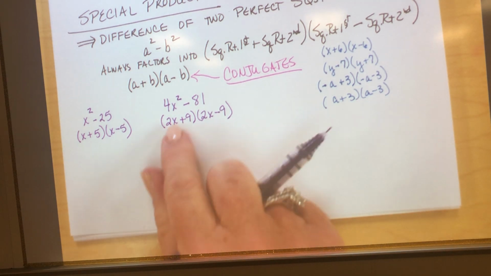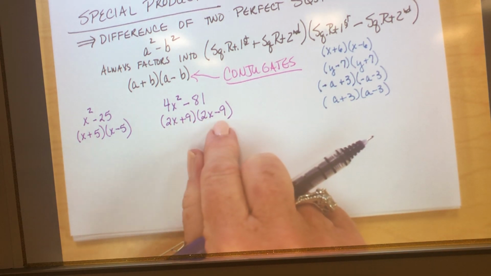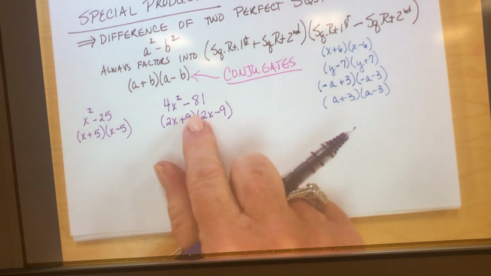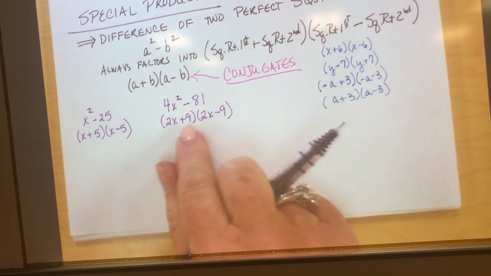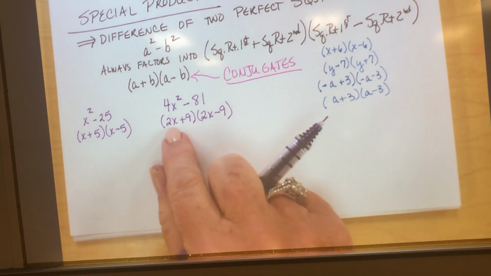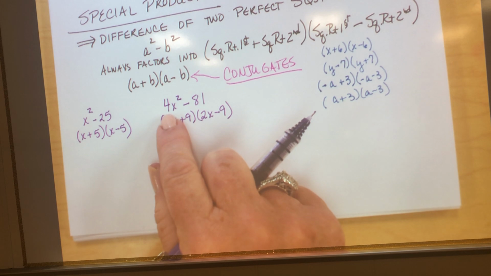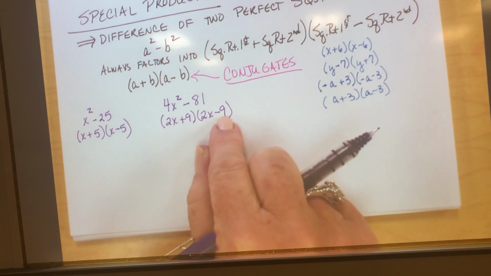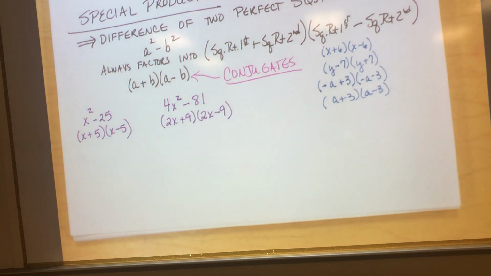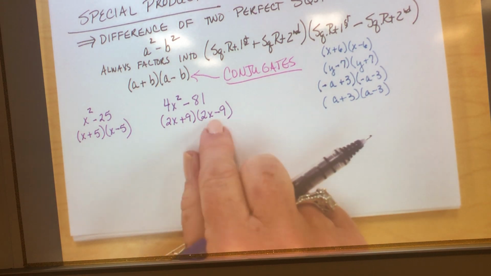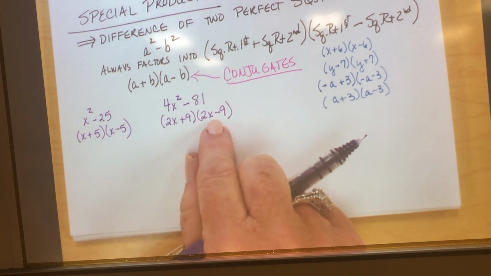So when you multiply conjugates, look what happens. I'm like, oh man, those are conjugates. So the inners and the outers don't really even matter because they're just the same thing with different signs. So all it is, square the first, 4x squared, minus, because those signs have to be different. That's what makes them conjugate. Square the last, 81. So would it matter if I wrote this as 2x minus 9 times 2x plus 9? No. Why? Because of the